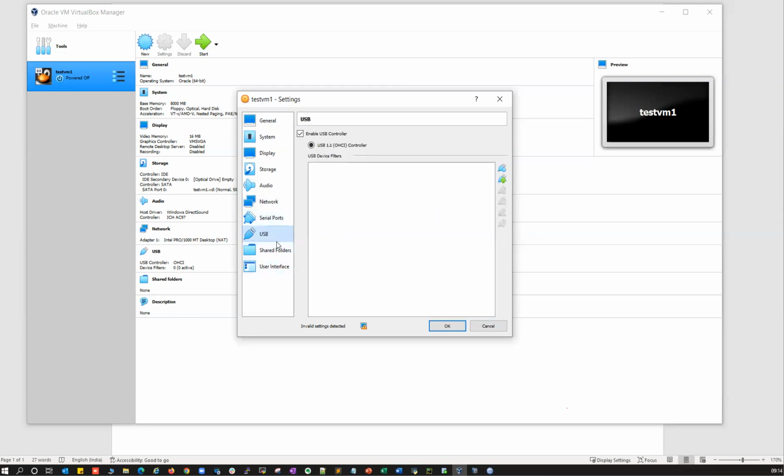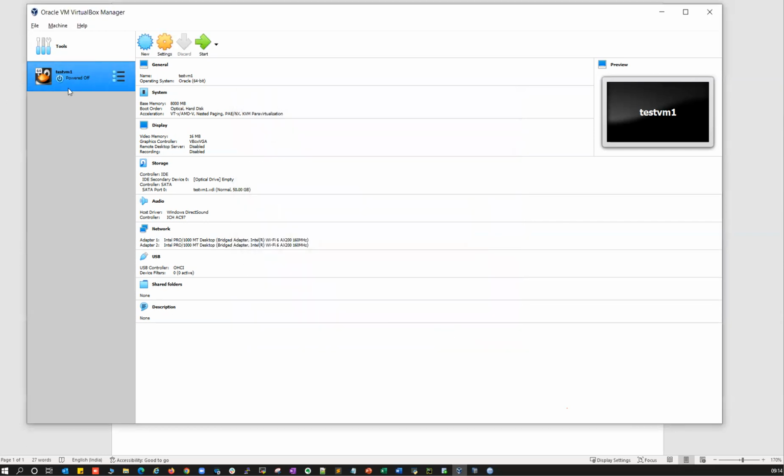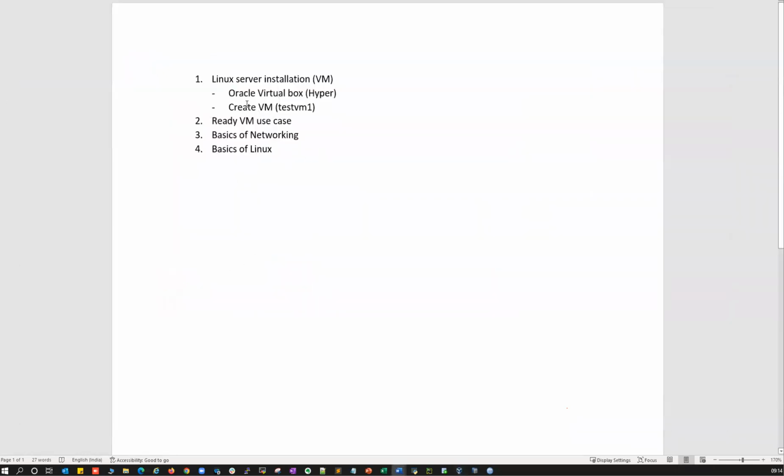Other than that, these we're not using right now. We'll explain shared folders and the rest later. So just click OK. That is your VM configuration and settings. In order to install your VM, you're going to download Oracle VirtualBox and install it. And then the second thing is to configure